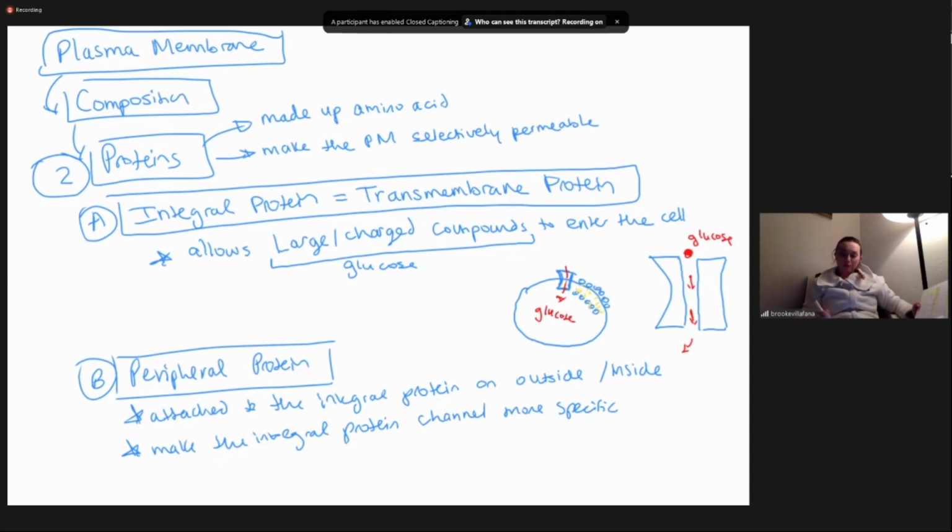Now, if the peripheral protein is present, like let's draw a little peripheral protein, we'll kind of imagine it being present. It's going to create like a lock and key mechanism. So let's kind of draw a little shape. So if this peripheral protein is here, the glucose cannot come inside the cell, right? Unless it can fit into the lock. So let's say we had, to give a good example, let's say we had